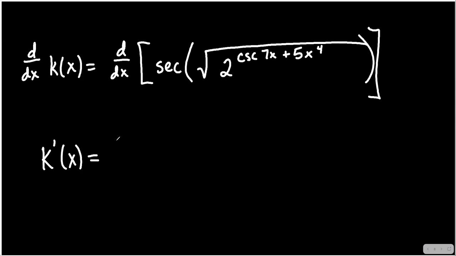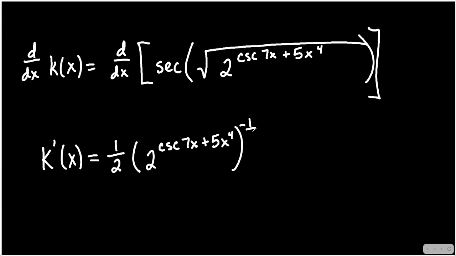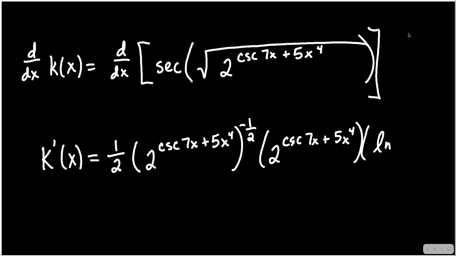So I've got 1/2 of 2 raised to the cosecant 7x plus 5x to the fourth, raised to the negative 1/2, times the original function, 2 cosecant 7x plus 5x to the fourth, natural log of 2, and this is all multiplied times